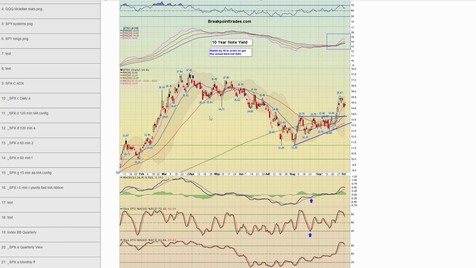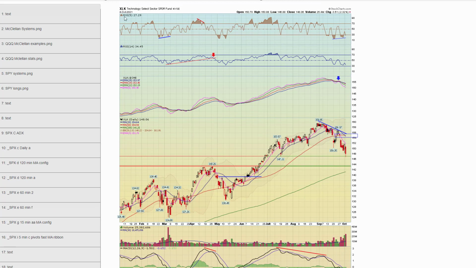Next. Moving on to the market sectors, here's XLK technology. This probed down to this little support area today. Held that for now. Now below that, there's really not much until you get to here. Then, of course, you have the 200-day moving average below that.